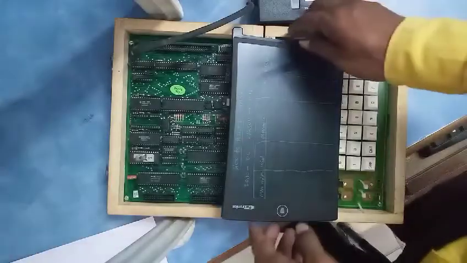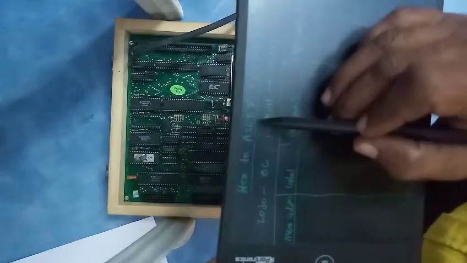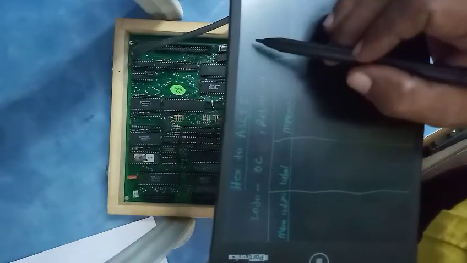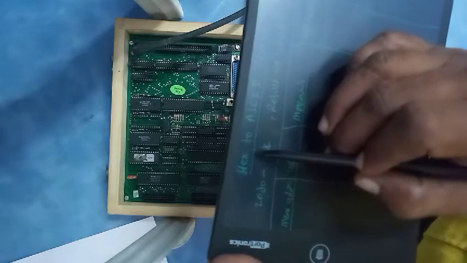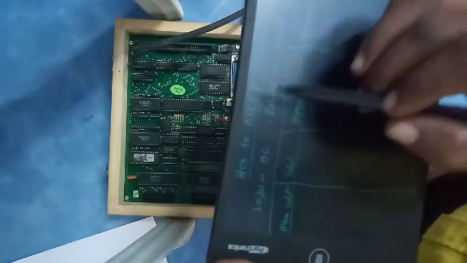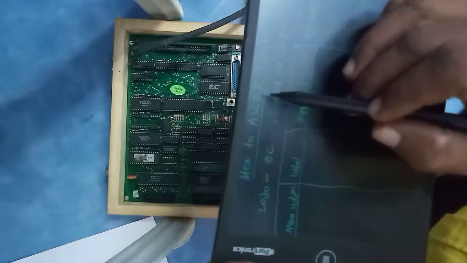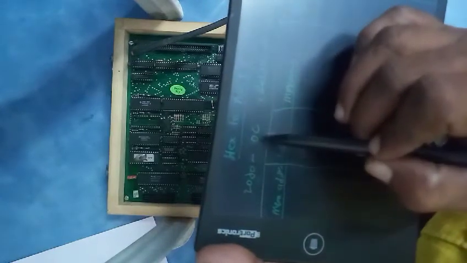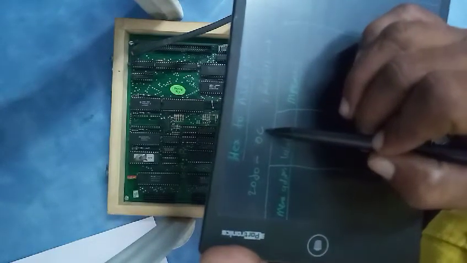We are going to start the next problem, that is hex to ASCII conversion. As we have studied in paper number 2, the conversion for the ASCII. Here the hex number has been given to you, that is 0C, and the result, after seeing that particular table, will be displayed in this 20D1, that is 43.